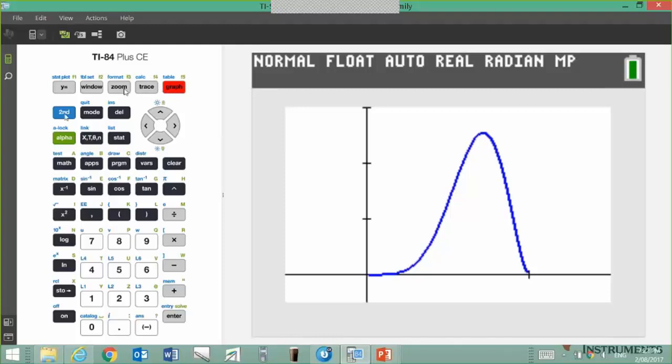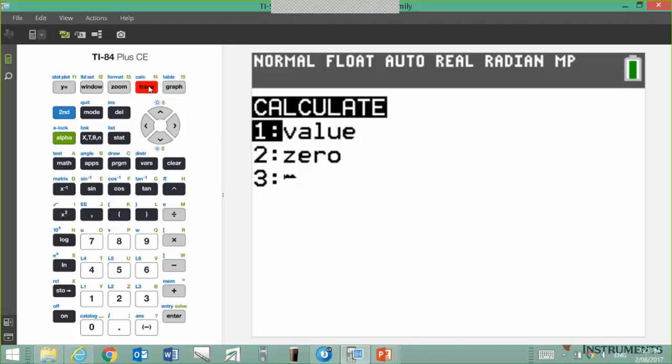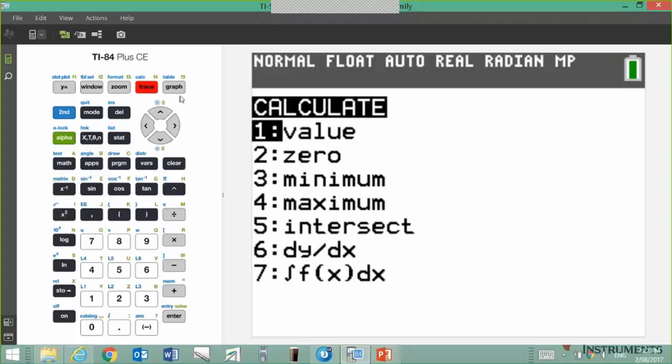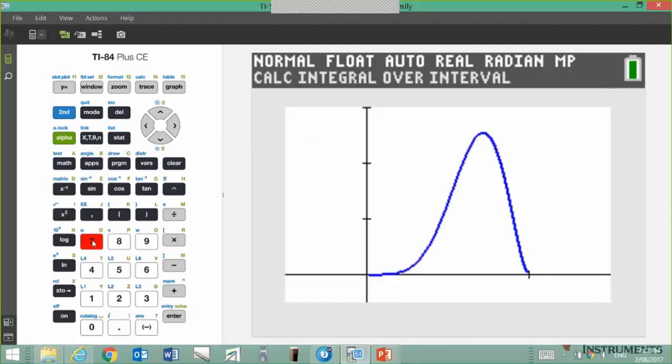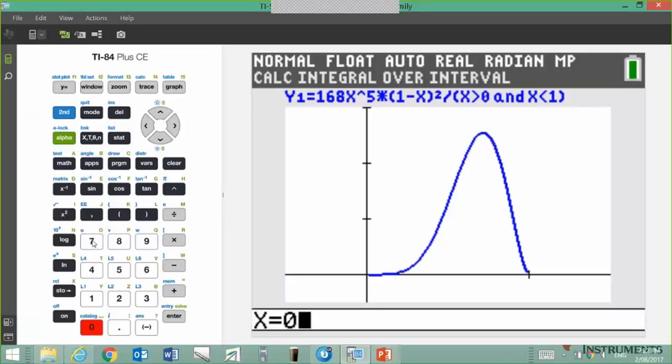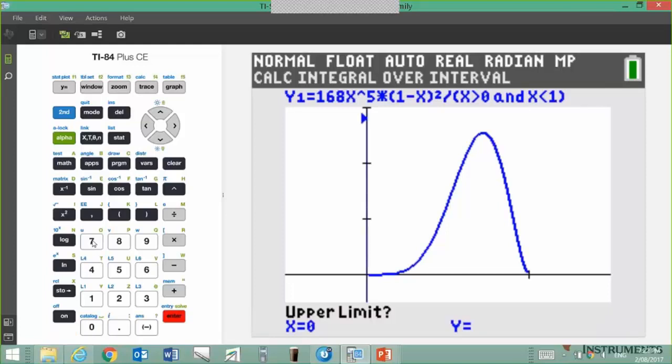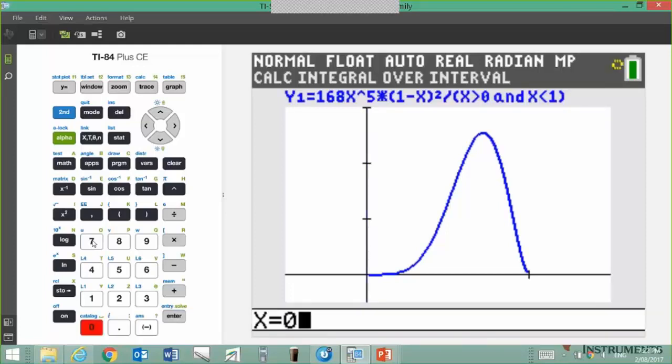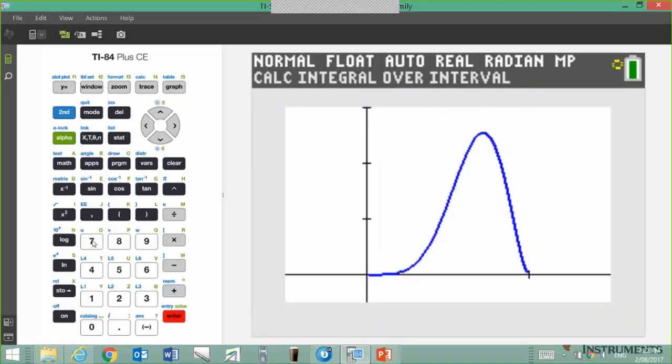It's in blue here. If I go second on the trace key, and I go for this 7th option, it looks like an integral. This is a non-CAS calculator, but by Jove, it's handy to be able to do this, isn't it? The lower limit, well, that was 0. And the upper limit, well, that was 1/2. The little yellow flashing light top right means the calculator is thinking, and there's our shading. I just love the visual of that sort of thing.